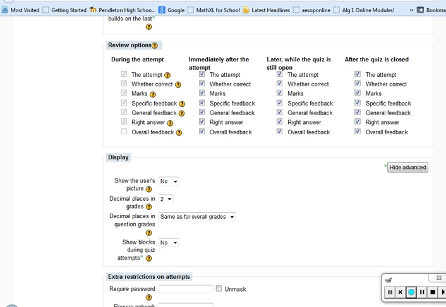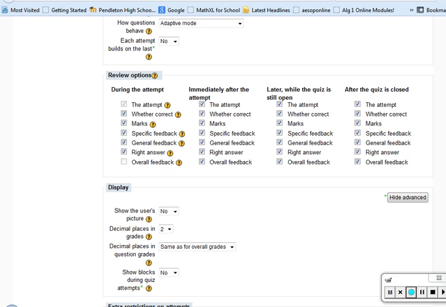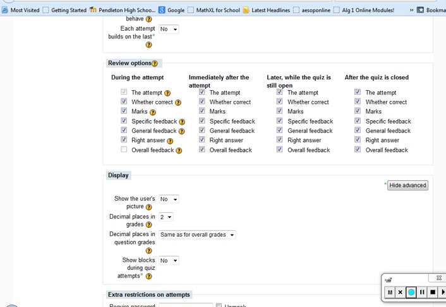Down here, this controls, and this is getting a little more specific, and I don't know if we want to spend a lot of time on this. I'm sure this is well over the threshold of information overload. But you can go down here and check what's the specific kind of feedback that you want them to see